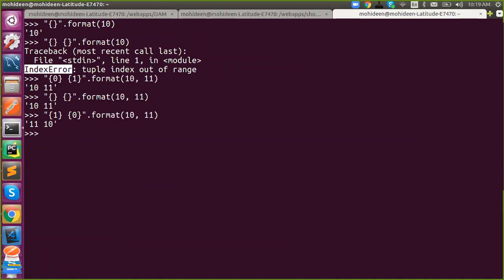Okay, it's up to the position. And if I have only one input, I want to repeat it twice. Is it possible? Have you got my question? Previously I used one input for two positions, and it says an error, an index error, it's out of range. Now I'm having a single input, but I want to repeat it twice.